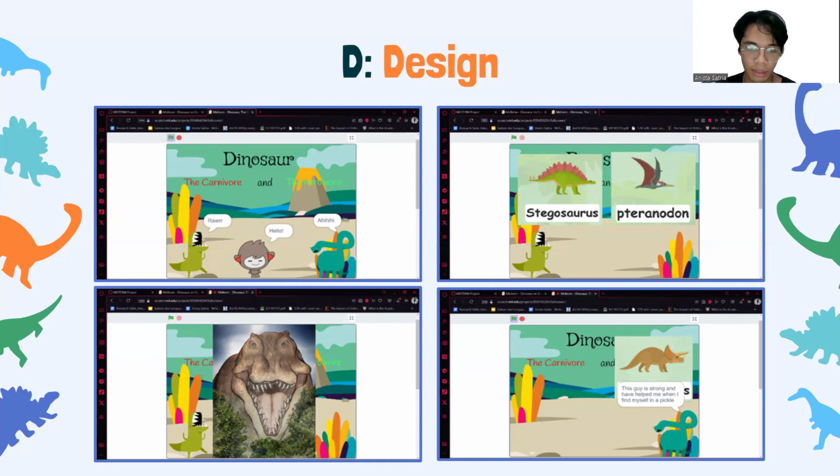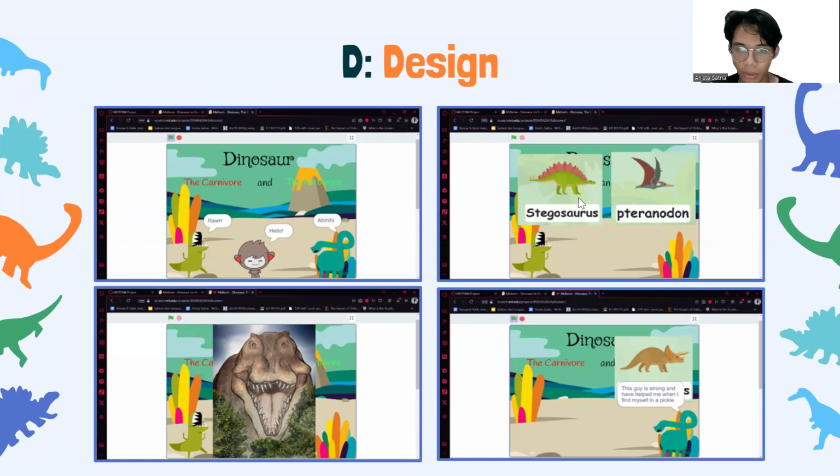Milo acts as an admin or host, and then you can click on the Rex to play as the carnivore. So you need to choose which one is the carnivore dinosaur, or you can choose Bronto. If you choose Bronto, then you will need to choose which one is the herbivore dinosaur.